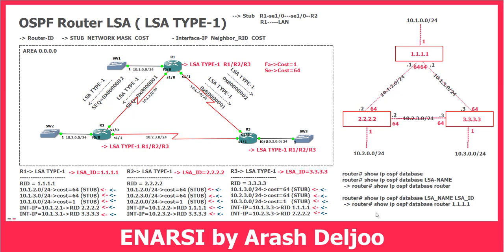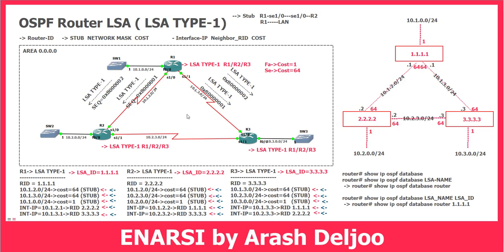In OSPF, we have different types of LSAs, LSA type 1 to LSA type 11. Each LSA is useful for one type or some type of network. In a network with only a single area and with stub links, meaning point-to-point links and also Ethernet links without any neighbor, we need only LSA type 1 for drawing that network. In the next video, I am going to show you why we need the next type of LSA,